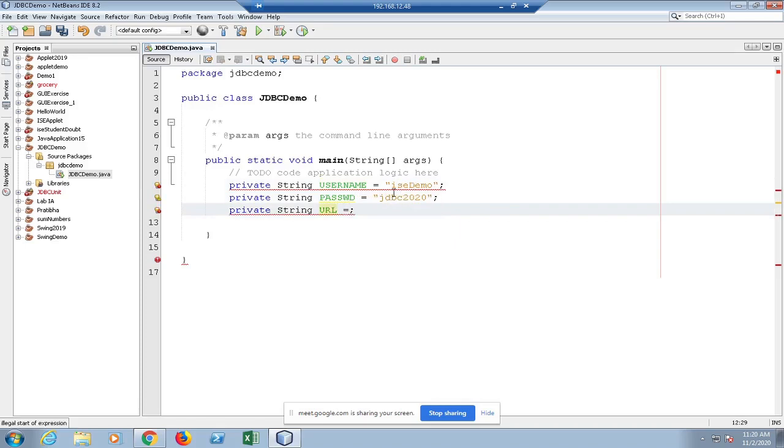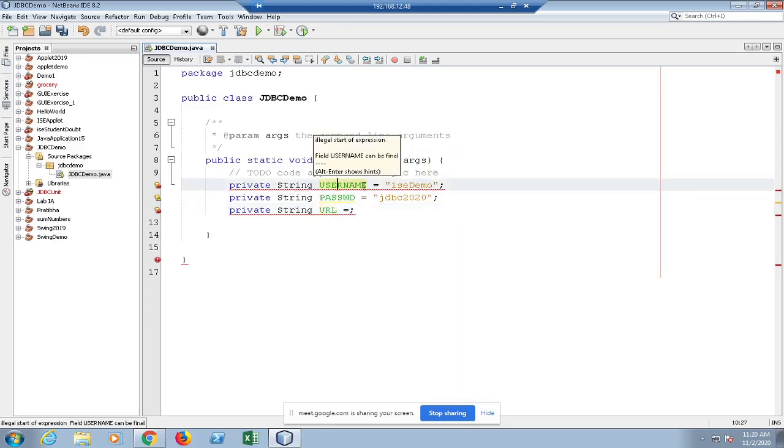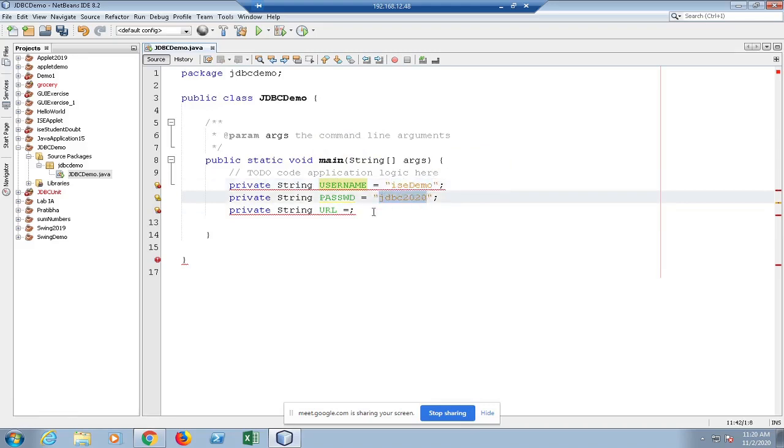These two formats are not difficult to understand. Both are of string nature, and you just have written the user account name and the password within double quotes. Fine. Now coming to URL, there is a specific format in which you have to give the path to a particular database.